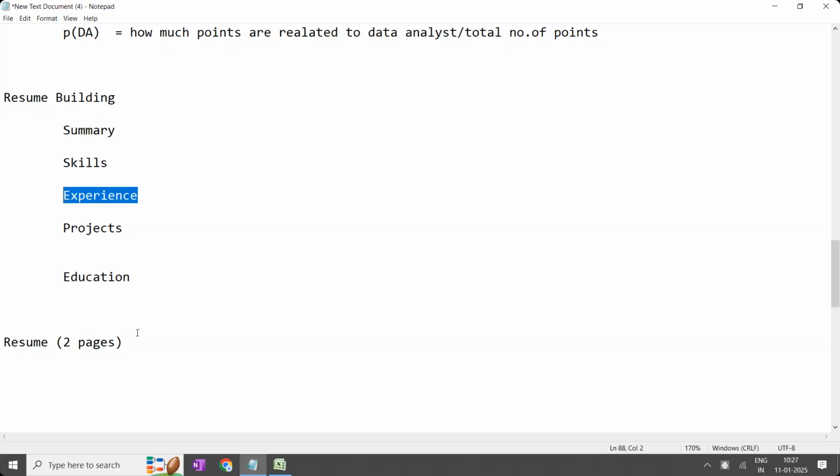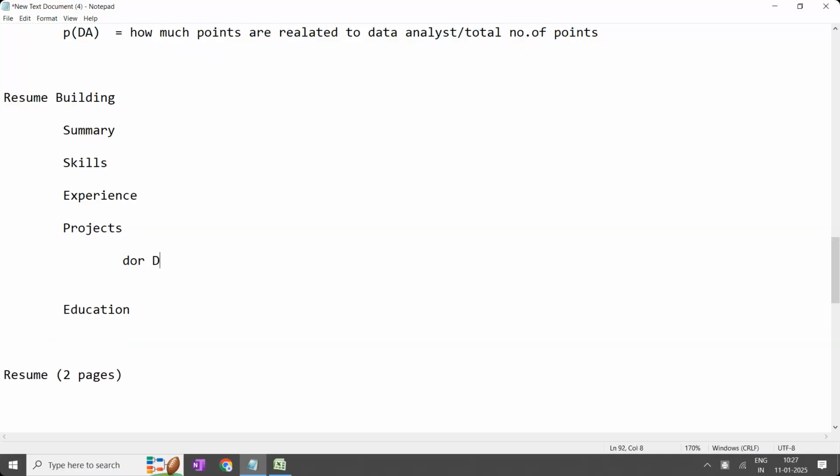Resume will be of 2 pages for you. And the projects, what are the projects there? In these projects, you are going to add, at minimum for a data analyst role, 3 projects.